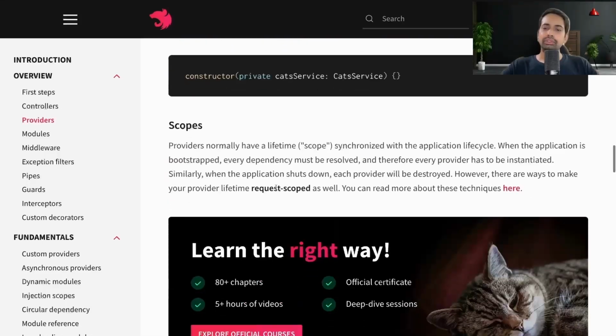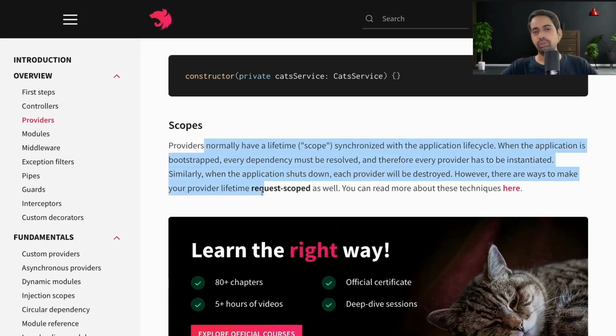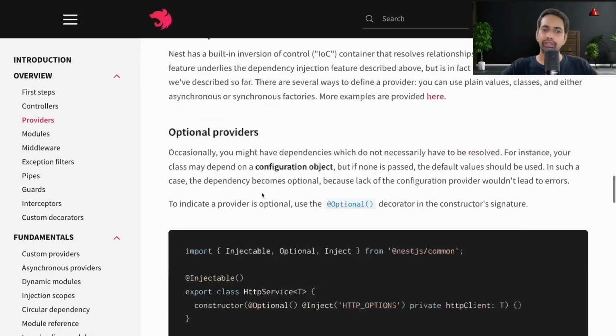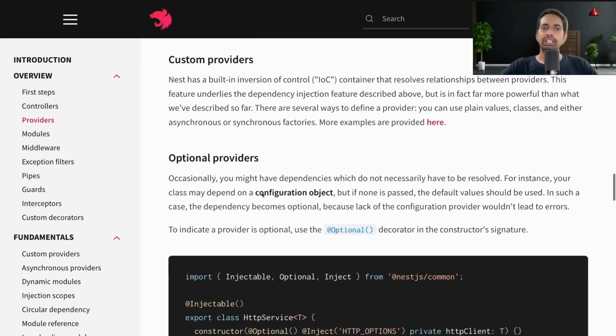So custom provider: how we declare the provider, how we register a service in Nest.js, and what are the different ways of registering a provider in a module. All those things. There are three different types of custom providers. Let's talk about them one by one. In the last video we have already talked about the different scopes of the providers: request, transient, and the singleton default. Now let's talk about what the custom providers are.